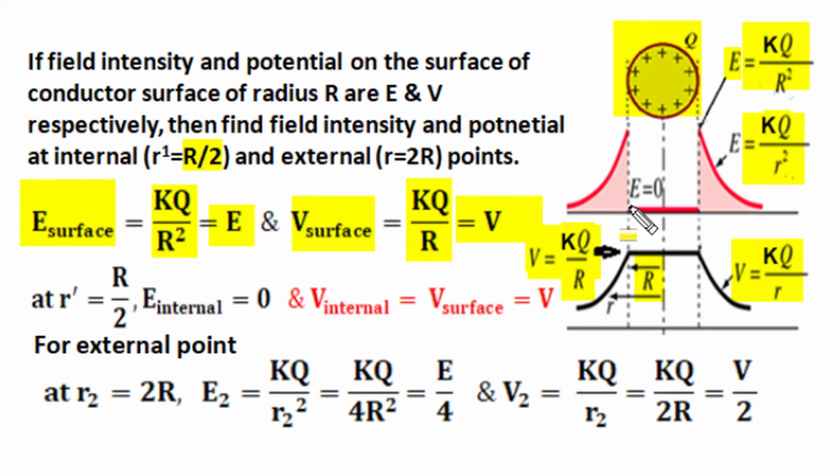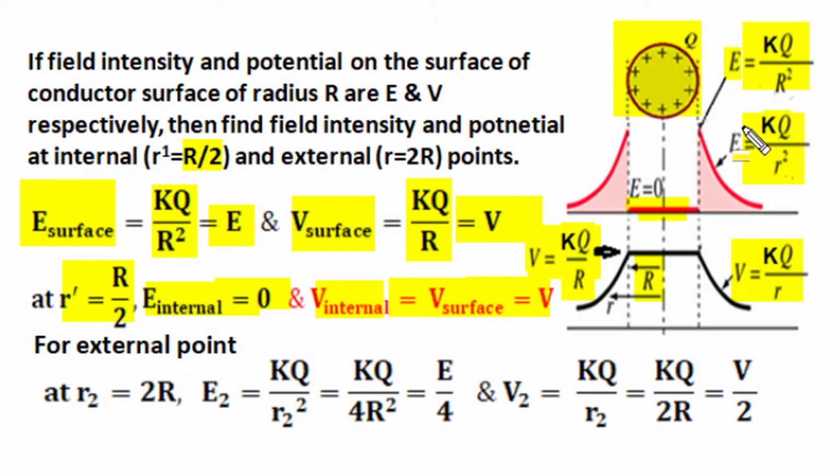Now for the internal position, we know all charge of a conductor sphere remains only on the outer surface. There is no internal charge. It is the presence of charge which produces an electric field. So without any internal charge there won't be any internal electric field. So the internal electric field at a distance R/2 from the center is 0. Since there is no internal electric field, there won't be any potential difference within the conductor sphere. So the potential at any internal position is also the potential of the surface. So the potential at R/2 distance is equal to the surface potential, and the electric field at R/2 distance is 0.